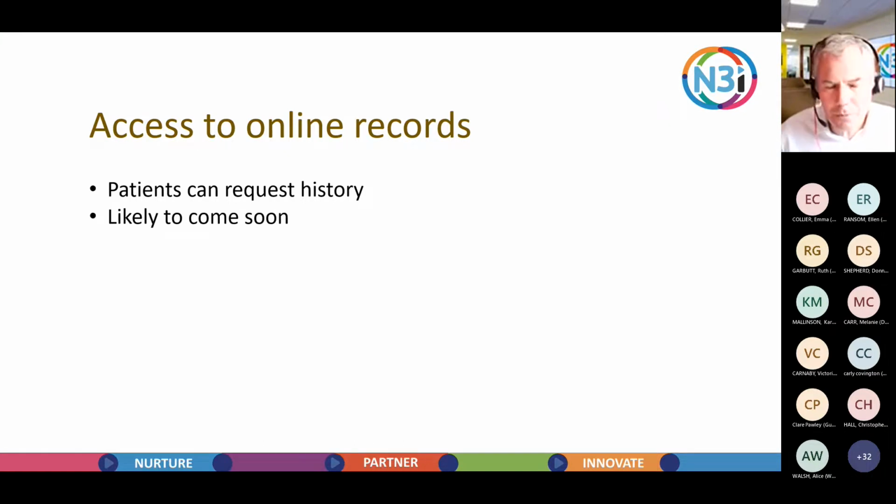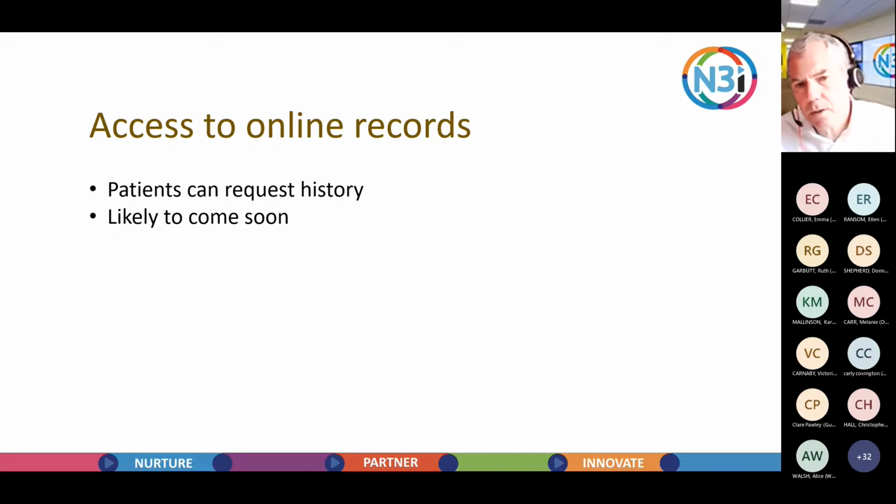Don't quote me on this bit, but I suspect, and I think you probably saw there was an article in Pulse magazine just this week, that once we've got over this hurdle of getting everyone to have online access to their current information, the history bit will come in. I think Pulse thought it would be within 6 months or so. I wouldn't challenge that. I think that's probably reasonable.